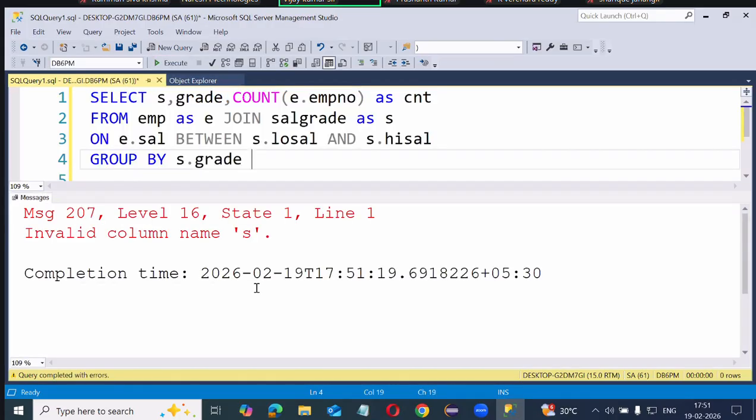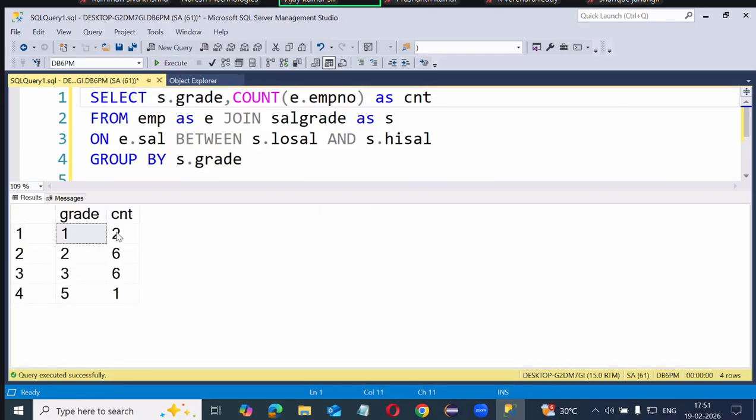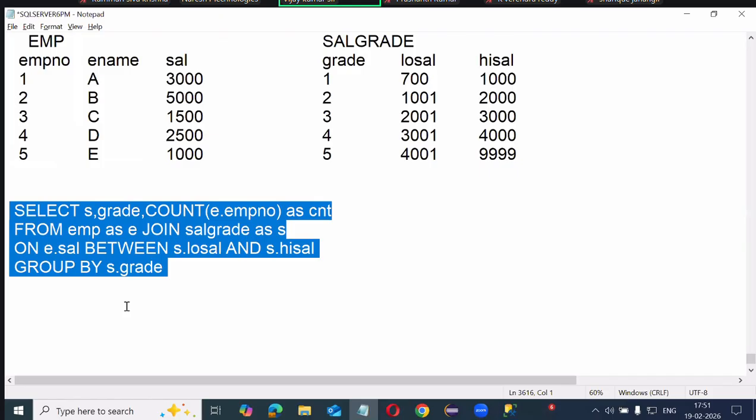So you see this. Okay, then select S dot grade. Grade 1, how many? 2. Grade 2, 6. Grade 3, 6. Grade 5, 1. So it is showing the grade wise count. Okay. Understood. Then